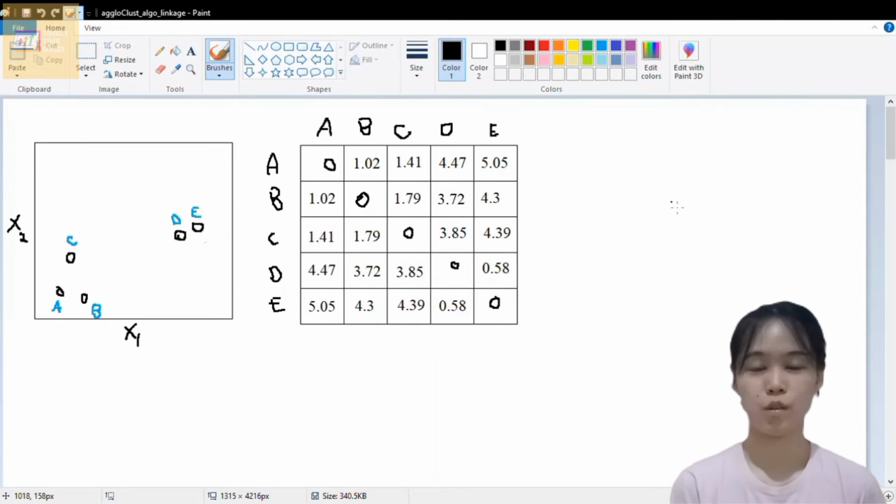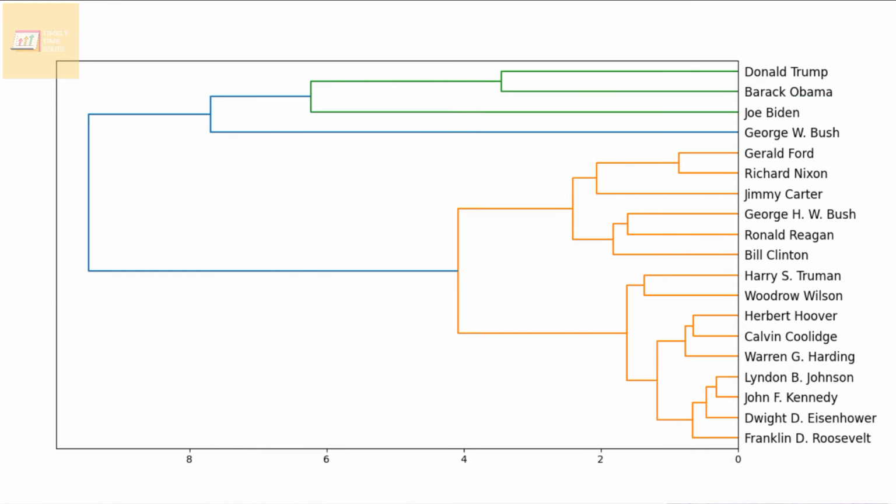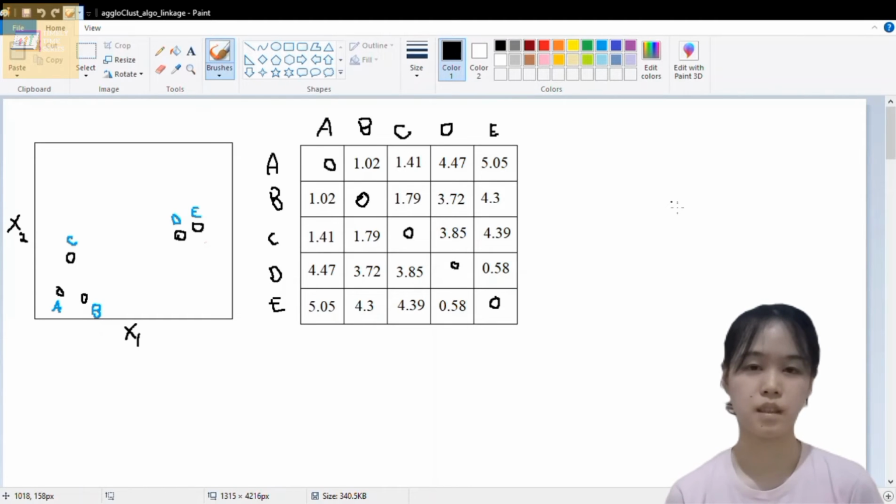So in the previous video, I showed you clusters of CPI, the Consumer Price Index. So here's what we saw in the last video. This is called a dendrogram. And we can get this if we do hierarchical clustering. So clustering is grouping. And in the context of time series, clustering for time series is grouping similar time series